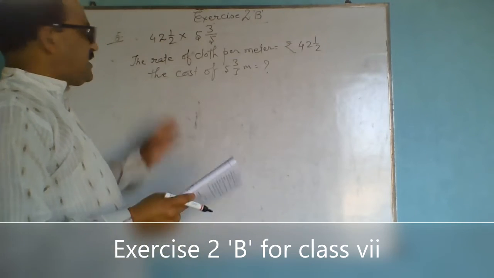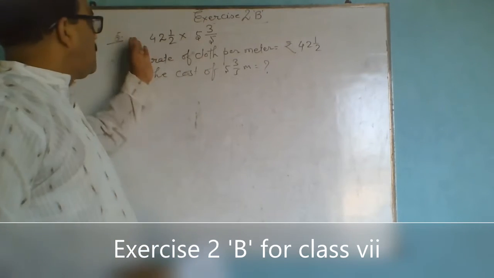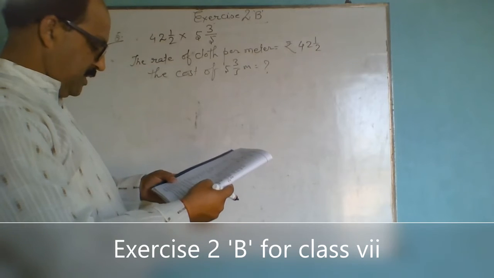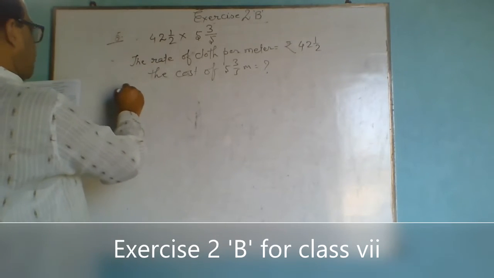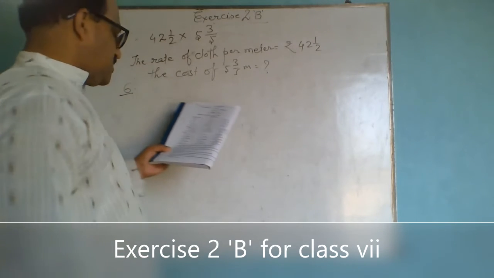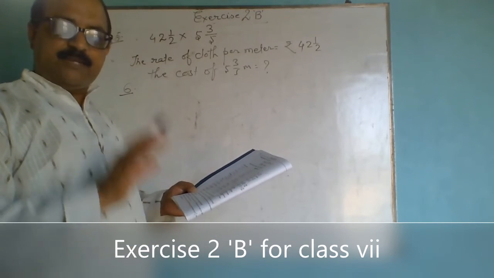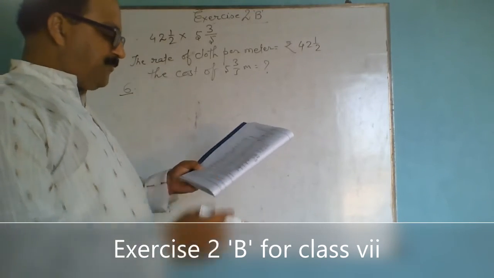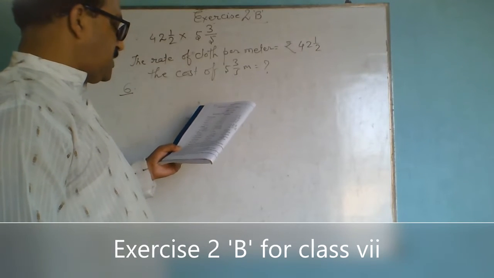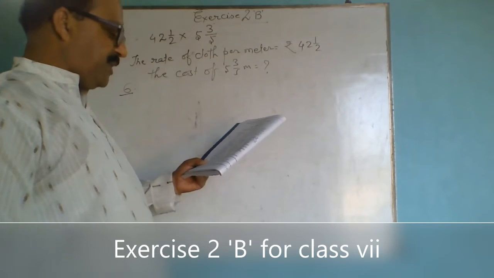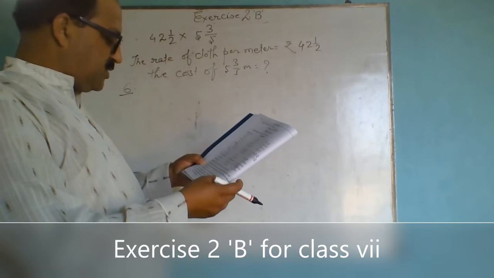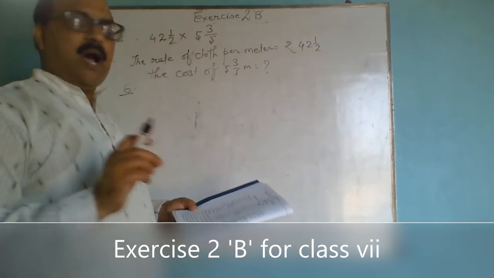Okay. So I hope you have no problem multiplying it. Question number 6. A car covers a certain distance at a uniform speed. Here the uniform speed is given. It means the unit value. Uniform speed of 66 whole 2 by 3 kilometer per hour. How much distance will it cover in 9 hours?